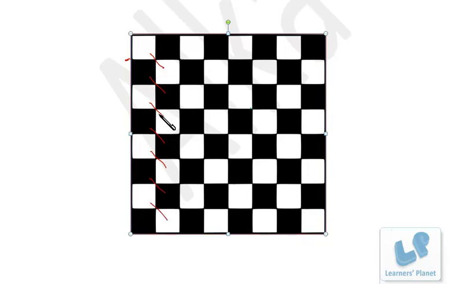So 1, 2, 3, 4, 5, 6, 7 sets. 8, 9, 10, 11, 12, 13, 14. 14 sets between two pairs, right? So 14 from here, and the same for each row. So 1, 2, 3, 4, 5, 6, 7. 14 into 7, 98 ways are there. Okay, so pretty simple question.